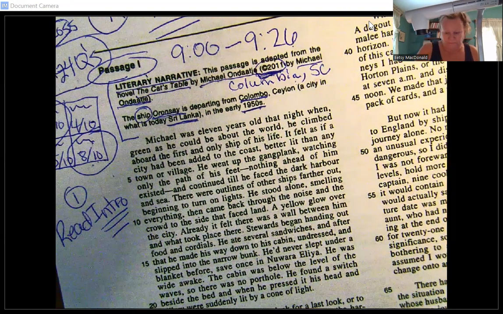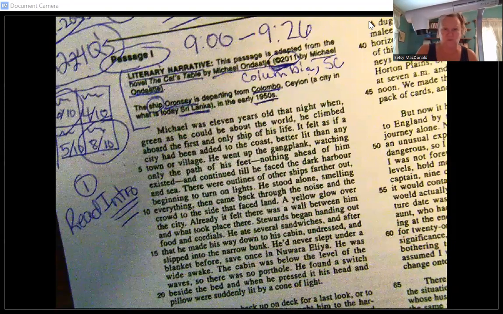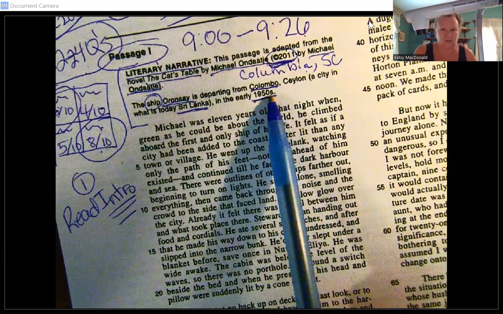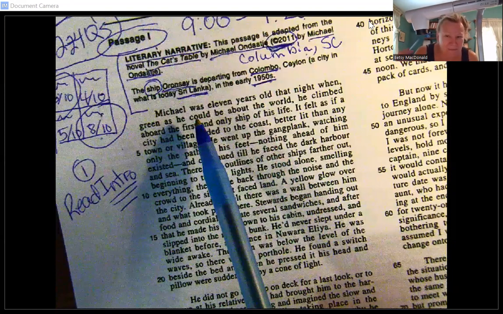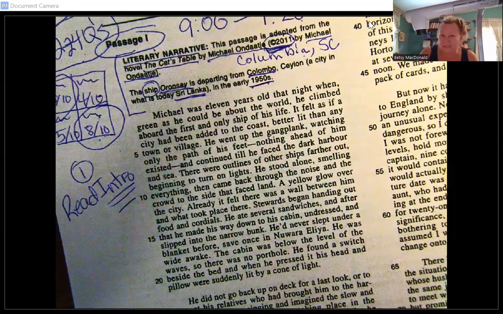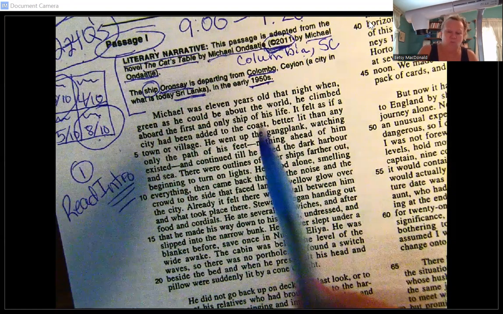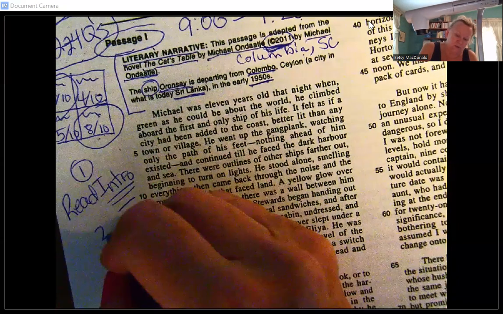Okay, so we now know this story is set in the 50s and it's Sri Lanka, right? A place I'm not sure I know where it is in my mind, but I know it's not down the road. It's not near us. Then we're going to go. Number two thing we're going to do is read